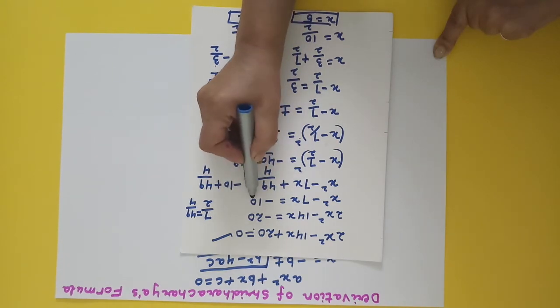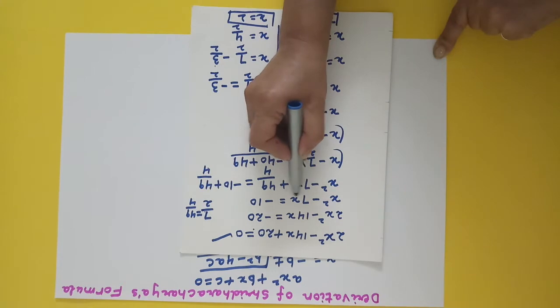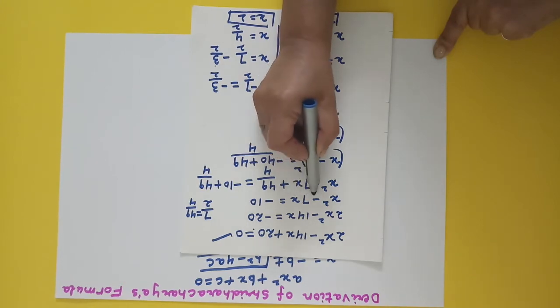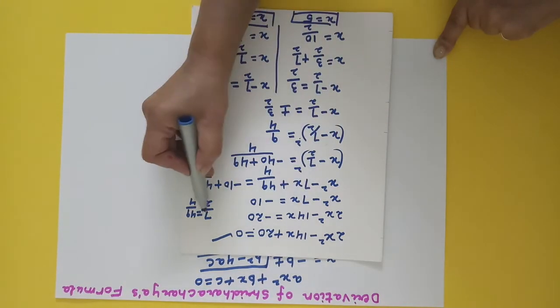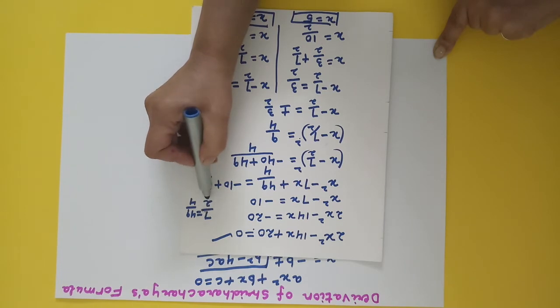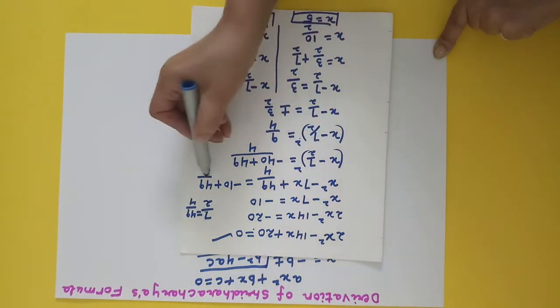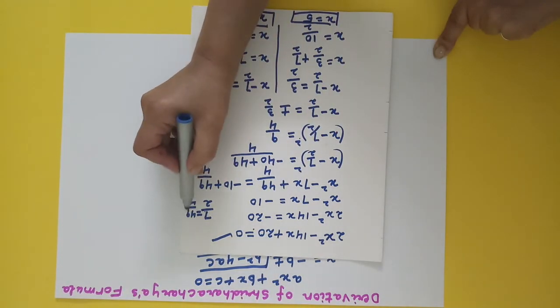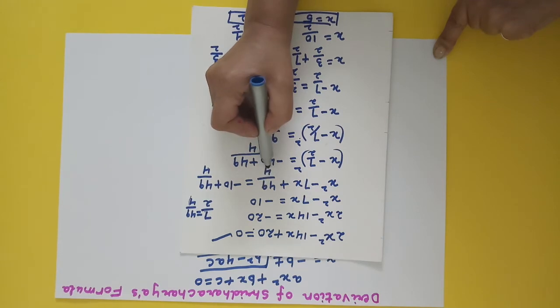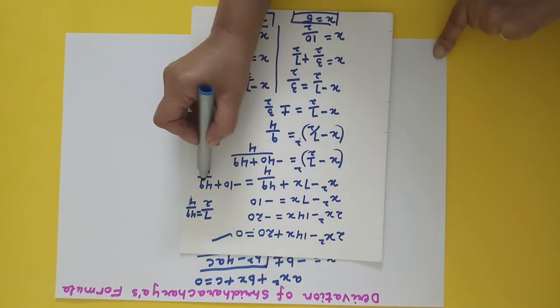The constant term should always be on the right hand side. Now, the next step is to take the coefficient of x, which here is minus 7. Divide that by 2, so it becomes 7 by 2. Now, find the square of that, which becomes 49 by 4. Now add that number to both sides of this equation. So we have added 49 by 4 to both sides of this equation.